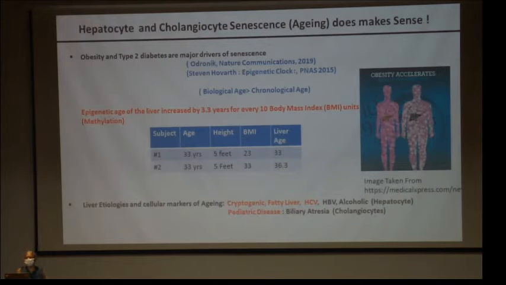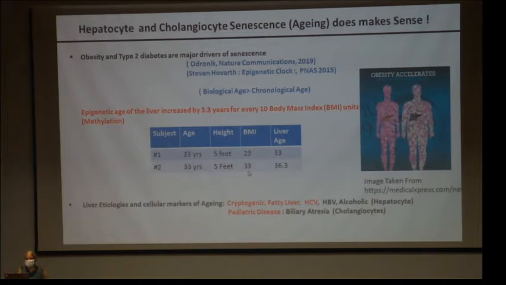And there's a very interesting work which was done by a statistician cum bioinformatician way back in 2015, where they actually marked the age of a liver. So let's give an example. Here it is, I took it from the net. It says that obesity accelerates aging. So what they've done is, they've taken 2 subjects, from the paper. Let's say both are of the same age and the same height, but their BMI differs by almost 10 units. One is 23, the other is 33.